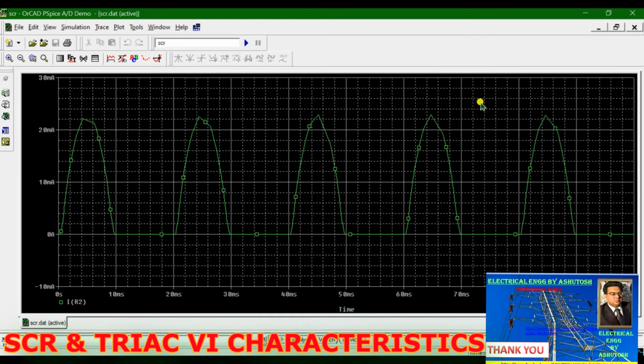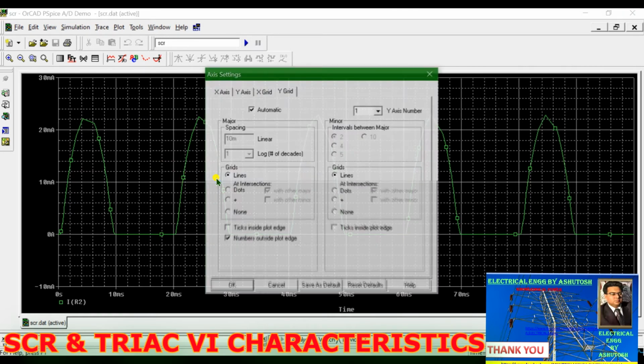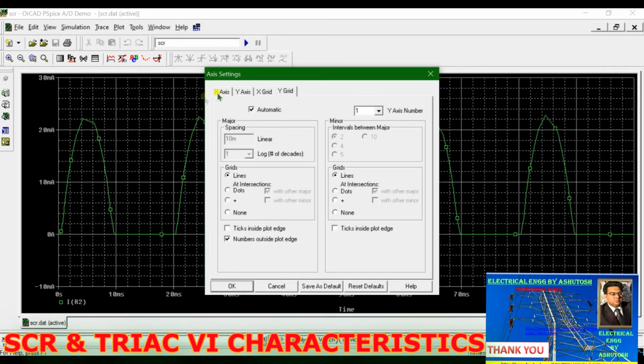okay. Then we got the half wave rectified wave. Then go to settings, x-axis, you can set the parameters of the axis.